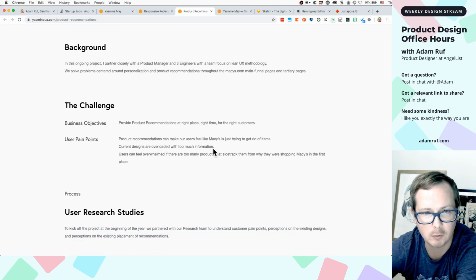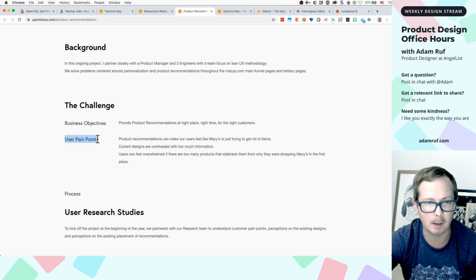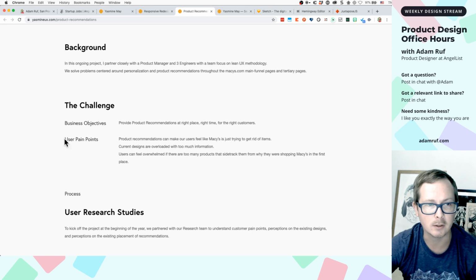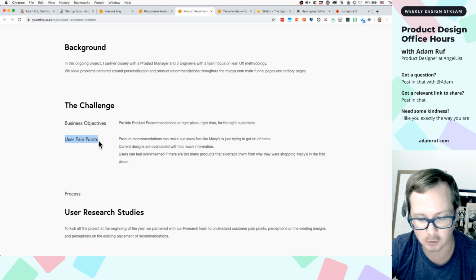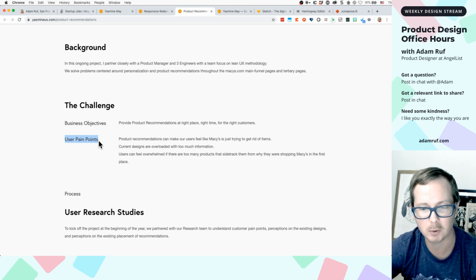Current design overload with too much information. How do you know? And also, so what? What impact does that have? If there's too much information, what does that do? That makes it a user pain point. So one of the things I'm looking for in user pain points is the language. The number one word I'm listening or looking for is "can't," right? Typically user pain points are when you can't do something. I can't